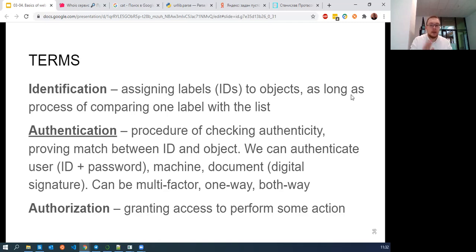In the bank, you come with a passport and you want some money. But if there is no you, what should they do? They put the money on your passport. So they will give money to you. And the ability to get money comes after authentication. So you are Stanislav Protasov, as specified in the passport. For this passport number, we have a record of an account. On this account, we have some money. So please